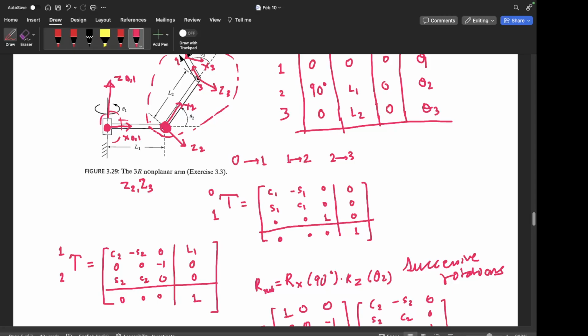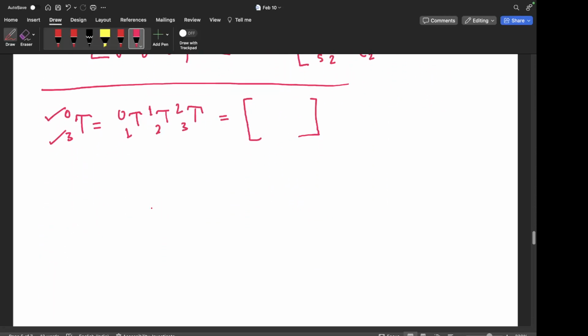Now geometrically, what's happening? To make frame 1 coincident with frame 2, what are you doing? You are first rotating it about x1 by 90 degrees. Let me draw them separately. Let's say in any arbitrary position of the manipulator, these are the